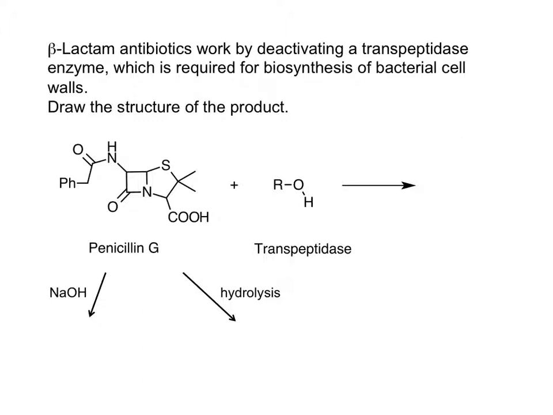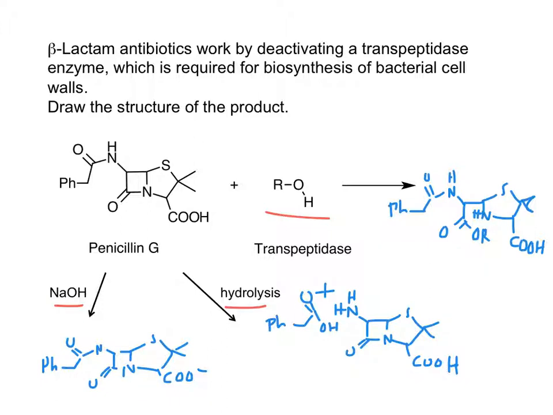So stop the video and draw the structure of the product of each of these reactions. So here are the answers. So the first reaction is an acid-base reaction. The sodium hydroxide base reacts with the acid group. In the hydrolysis reactions, note that the amide functional groups are converted to an amine and an acid functional group. And the transpeptidase enzyme has an alcohol group, so note that the alcohol group undergoes